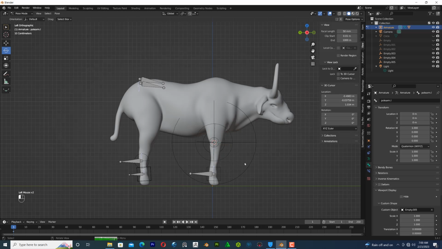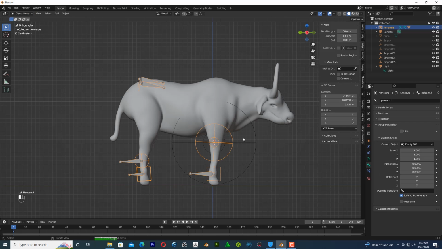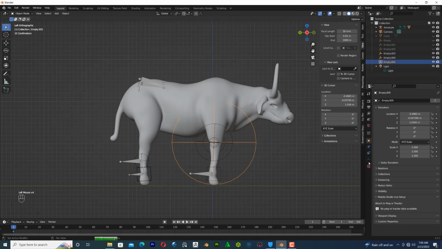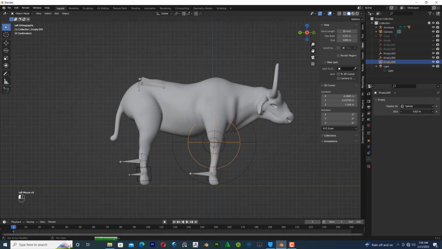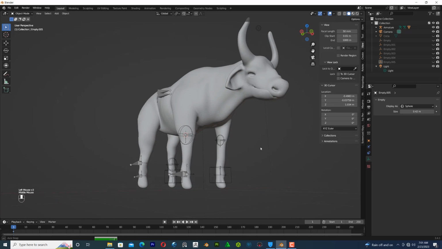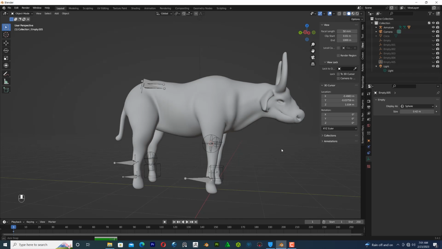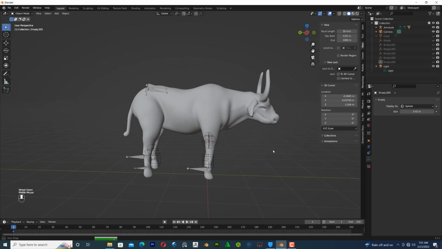So when we select this one, come to the object mode, select this one, come here and resize if you like, and then okay, we are coming here,